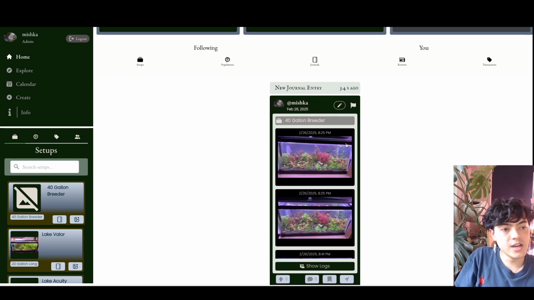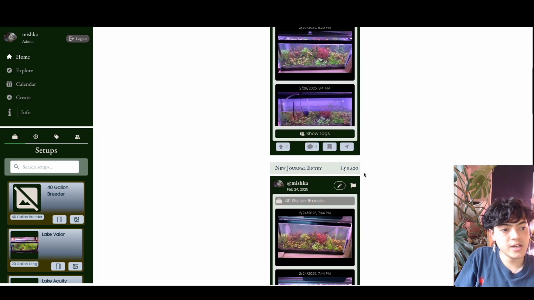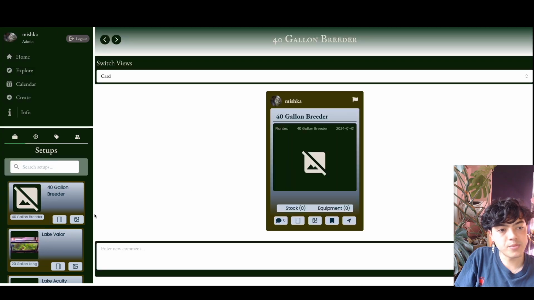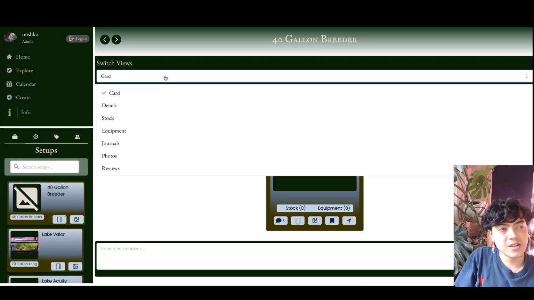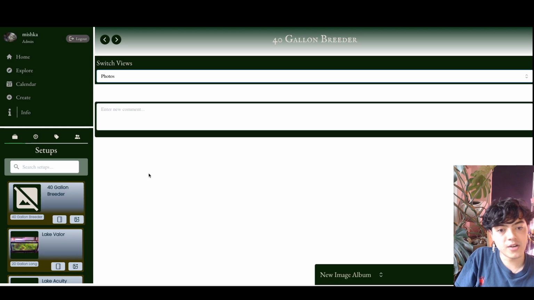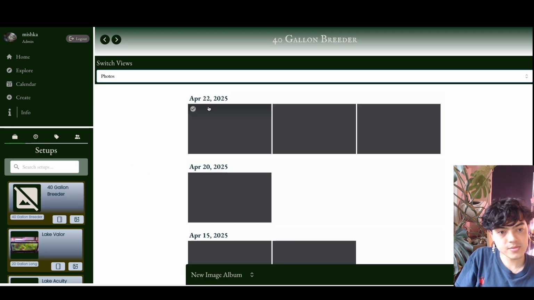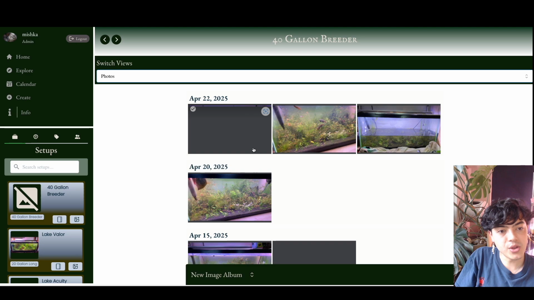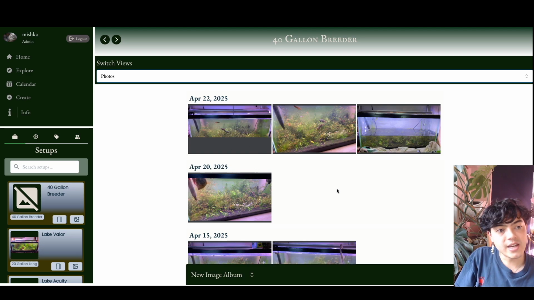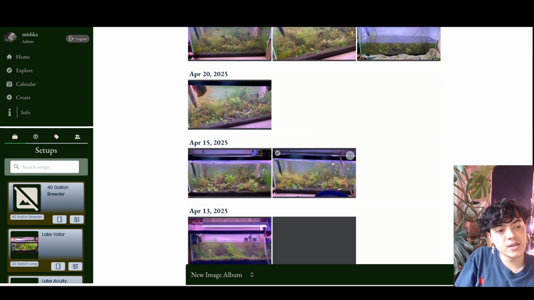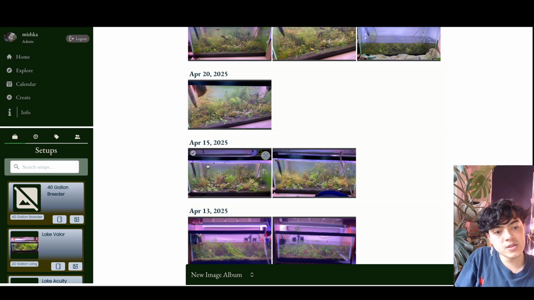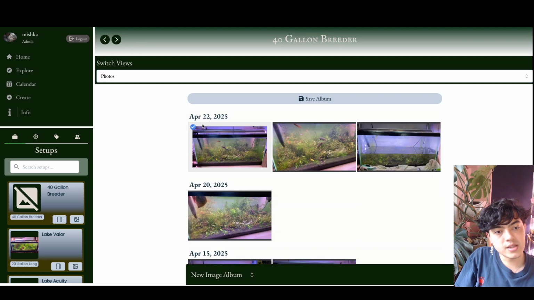You can see these are actually some of the journals that are being added at this moment whilst this is uploading. Oh, looks like it actually finished. So yeah, it finished at probably around 90 seconds. And now if we go to Photos tab here, we'll see a bunch of photos from all the journals that have been added. And what we can do now is select these images. So I'll go ahead and hit this one,